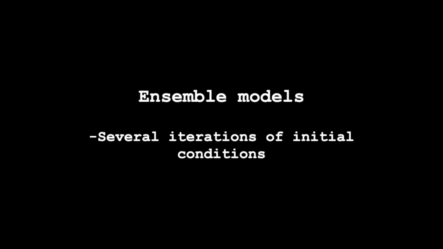And then the model will run all of those different iterations to come up with a bunch of different members, and then average the solutions of all those members. So it actually gives us a little bit more accurate of a picture than just taking the deterministic GFS, for example, and taking that at face value. We actually get a bunch of different possibilities for those initial conditions that are fed into the model. And then we average the solutions from the model that's run off of all those tweaked initial